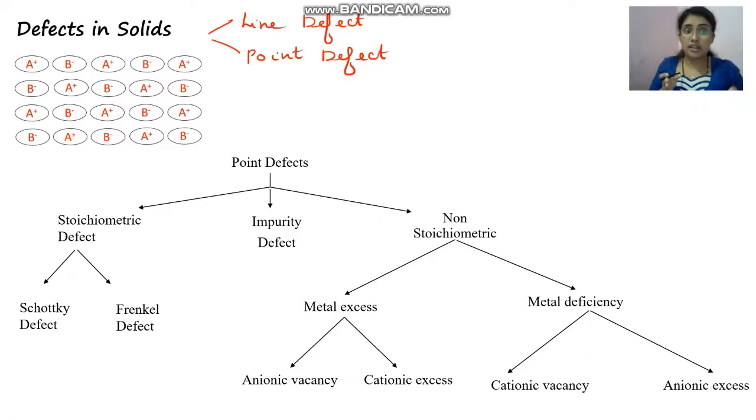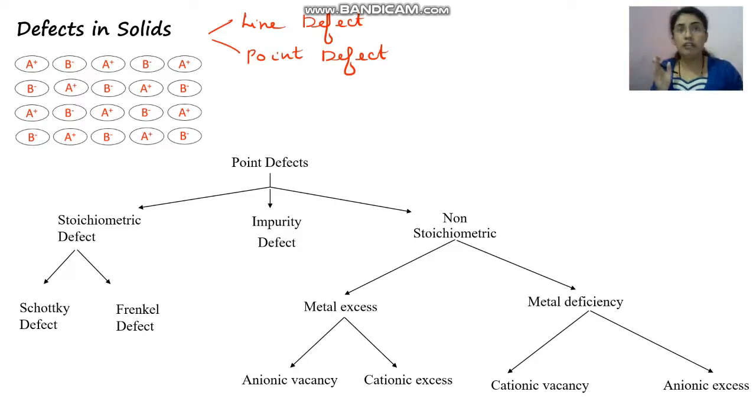Stoichiometric defect means that we have cations and we have anions, and even before the defect is present and after the defect is present, the ratio of cations and anions does not change. The stoichiometry of the compound remains the same. That is stoichiometric defect. And non-stoichiometric means it's the exact opposite. That ratio varies. Some amount of cation or anion would be completely missing, or an extra cation or anion would be present. So overall, the stoichiometry of the compound would be different. It has varied after the presence of that defect.